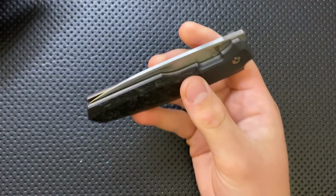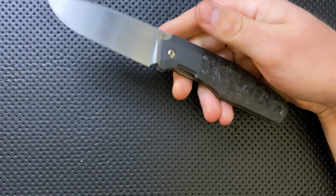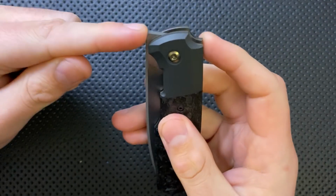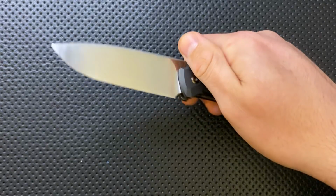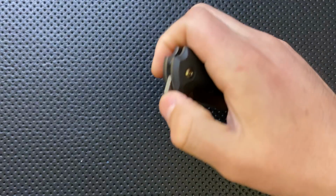That works well. Next thing, the action on this guy is spectacular. This is a front flipper pocket knife. The way that this knife is generally meant to deploy, although you can certainly do it two-handedly without any trouble, but the way that it's really meant to deploy is that you place your thumb right up against this little lever here, and then when you press this way, it pops the blade open as such. So you do this, and the knife flies open. This is an absolutely beautiful action. Then on the close, it's just...